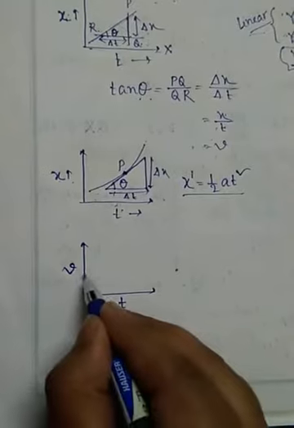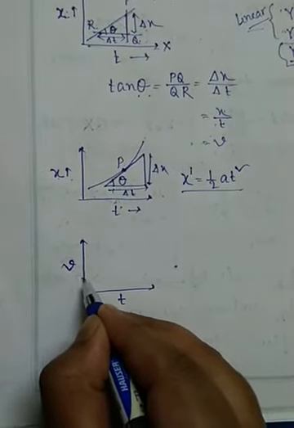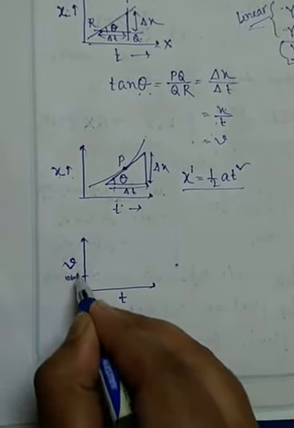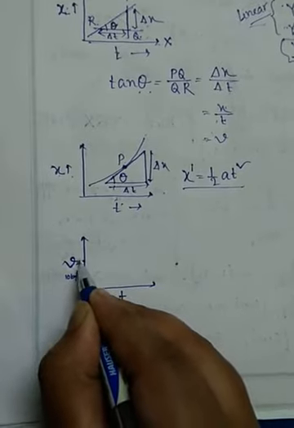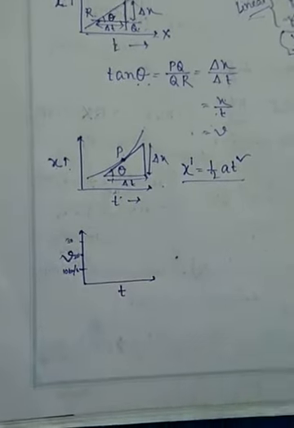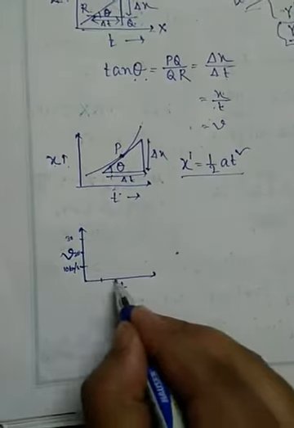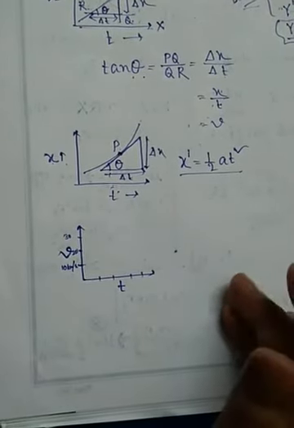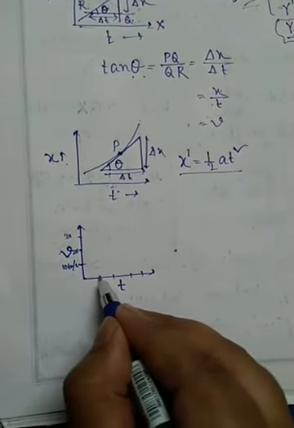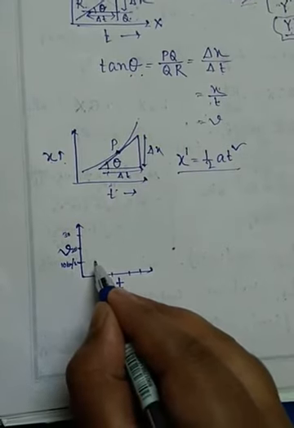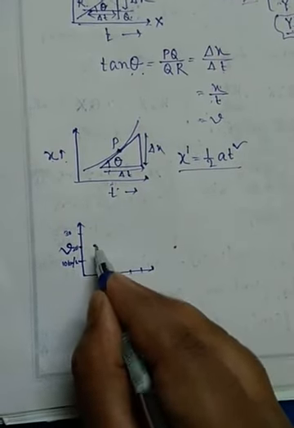Let's say this is velocity, this is 10 kilometer per hour, this is 20 kilometer per hour, this is 30 kilometer per hour, and this is 1 minute, 2 minute, 3 minute, 4 minute, like this. When I am observing a particle, it is moving with, let's say, 20 kilometer per hour